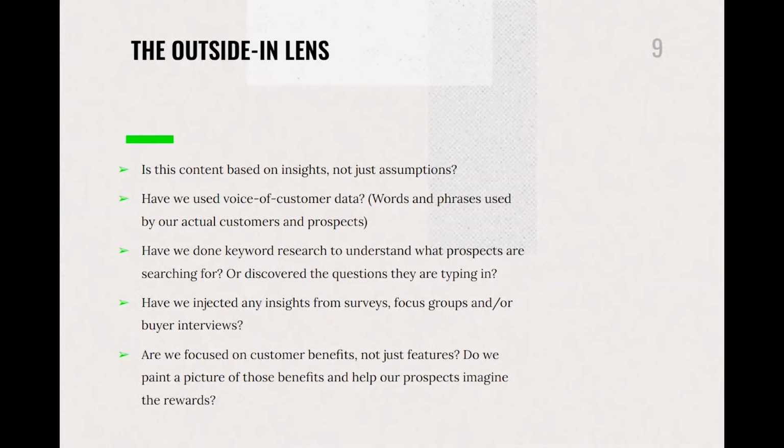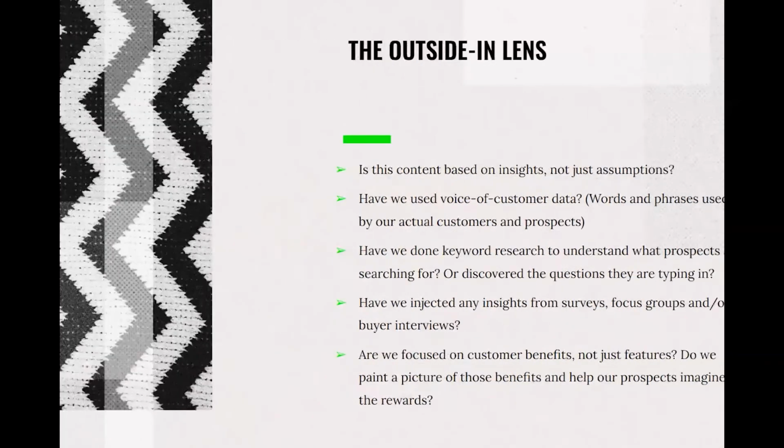This is the outside-in approach. Do we paint a picture of those benefits and help our prospects imagine the rewards? Are we really thinking about the prospect and not just the brand and what we're trying to sell? Next up,